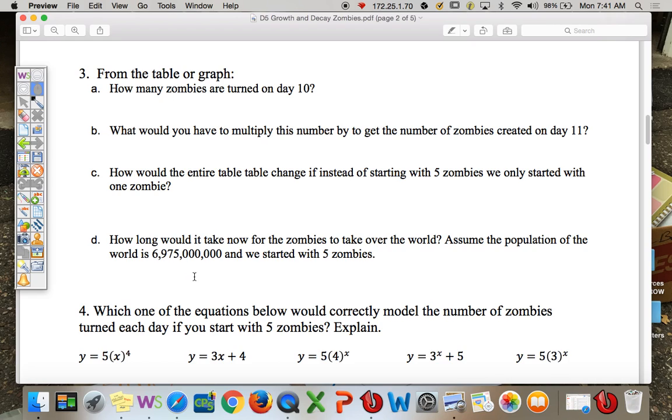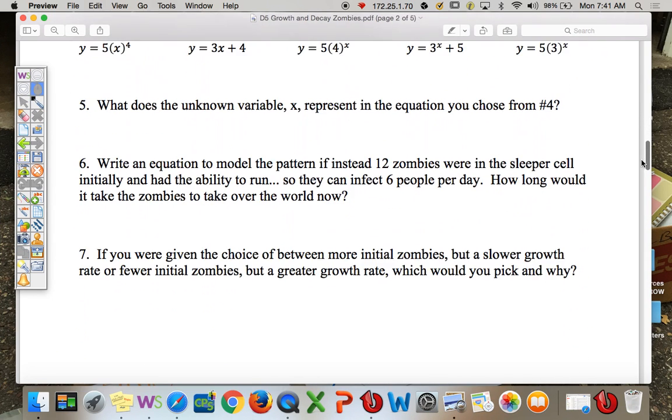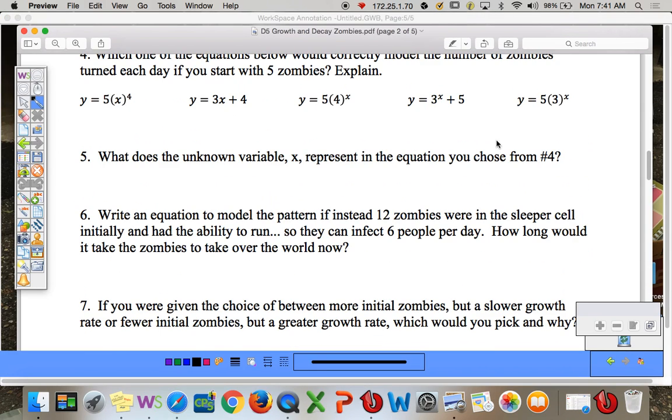And then number 4, which of the equations below would correctly model the number of zombies turned each day if you start with 5 zombies? And so we looked at that equation, and the accurate equation would be this one right here. What does the unknown variable x represent in the equation you chose? So this x represented the number of days